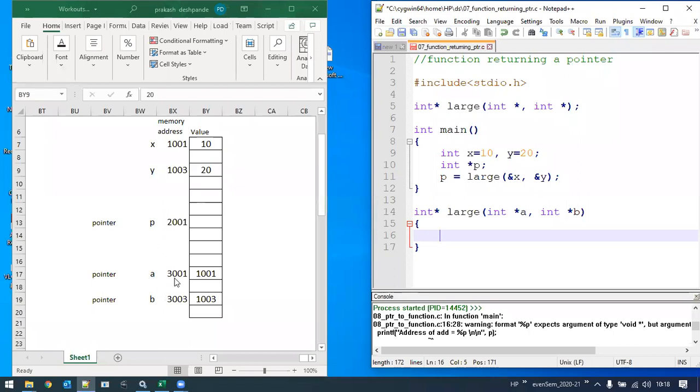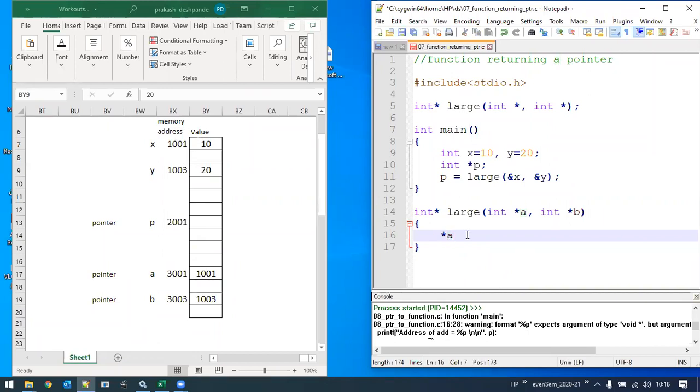Pointer a is pointing to 1001, and I want the value at 1001. It can be retrieved by writing asterisk a. Asterisk a will give the value located at that address. At 1001 I have the value 10, so asterisk a will give me 10.